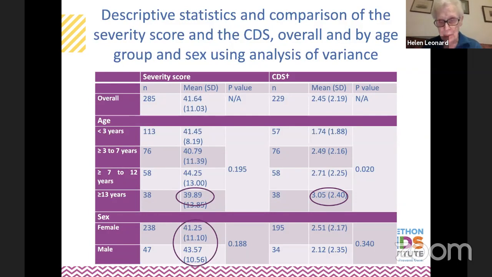We've also compared them in males and females. Now, in our original papers, we thought that males were more severe generally than females, but work by Scott Demarest recently has suggested that this may not be the case. And here we're finding that males are marginally more severe, but it's not statistically significant. And when we look at the development score, it's similar, with females being better, but not significantly so.